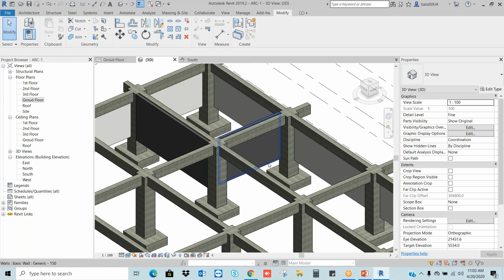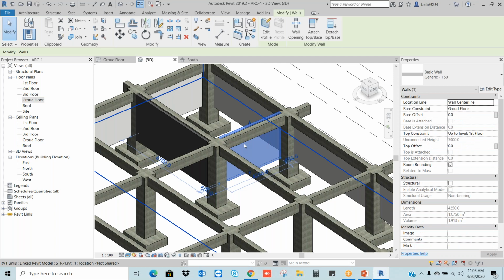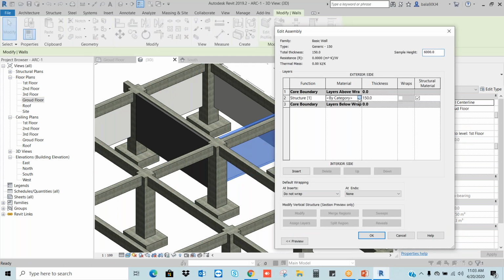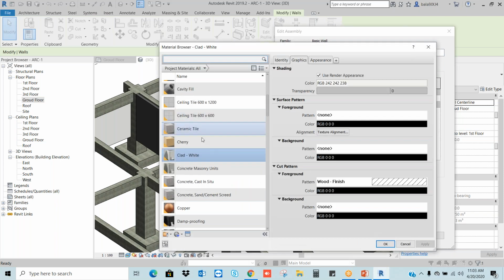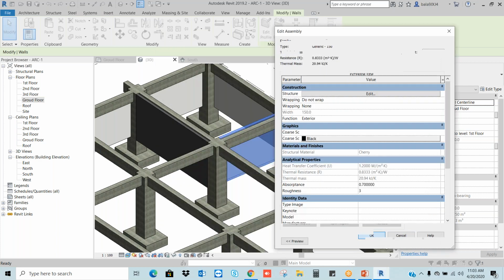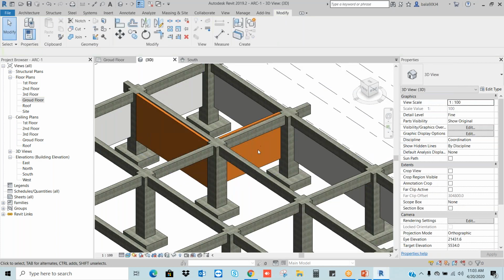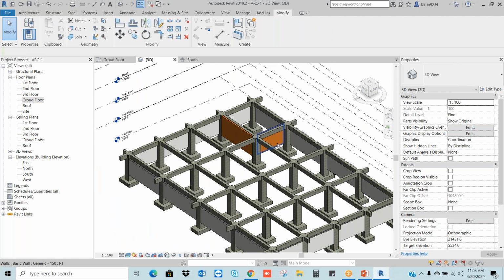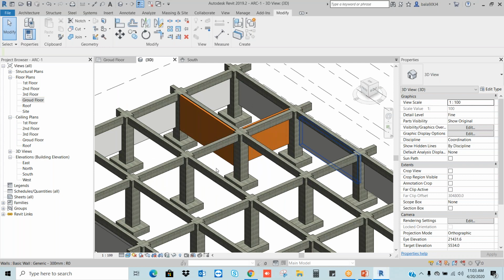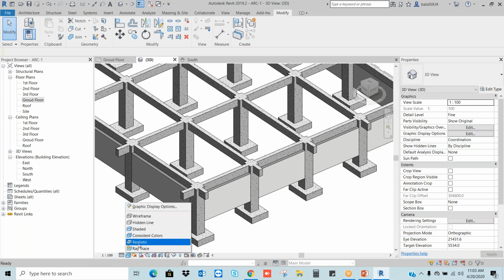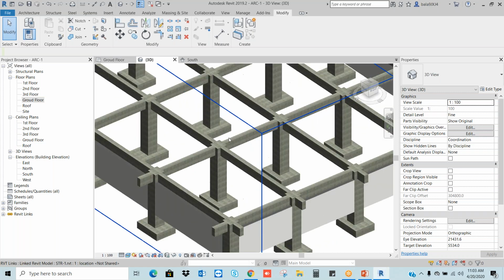For better visibility, I will change the material for this internal wall. Select it, go to structure. Here I will change, let's say, for example, I'm going to use this material, cherry. Apply. See, now you can see the different color of the wall. So we can get colors according to our material availability. If I go to shaded, it gives a little bit dull color. Realistic means you will get the realistic, rendered colors according to the material.